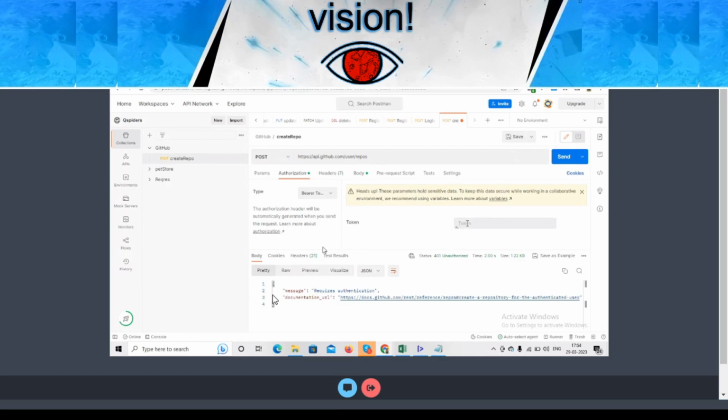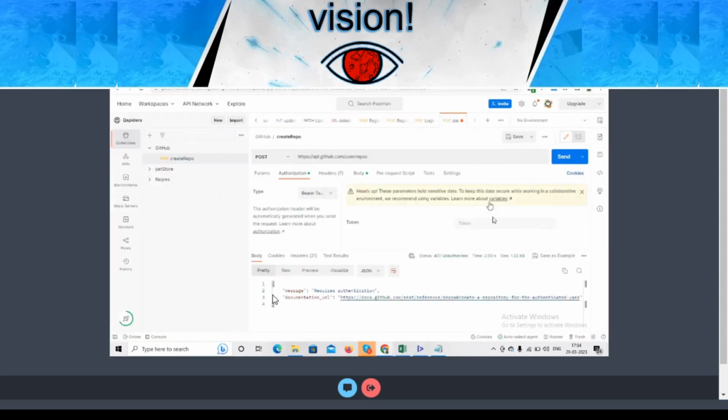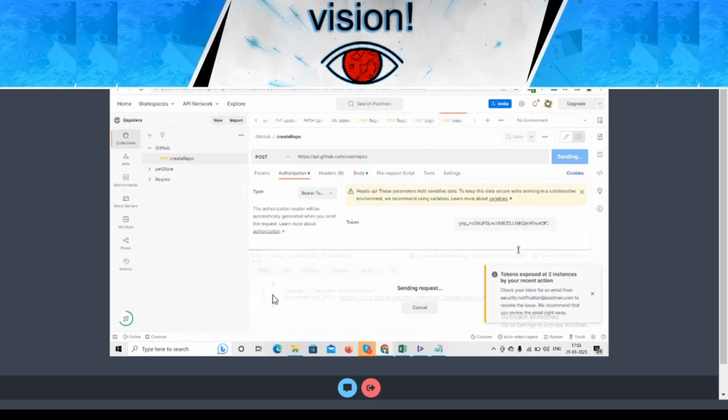Okay, and I will paste the token which I had generated over there. I will paste it in the token text field. Okay, what I did: I clicked on authorization, I selected the authorization type as bearer token, and I pasted the token in this token text field. Okay, now if I click on the save button and then click on send,